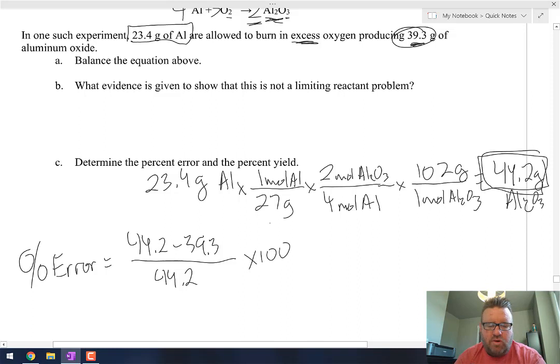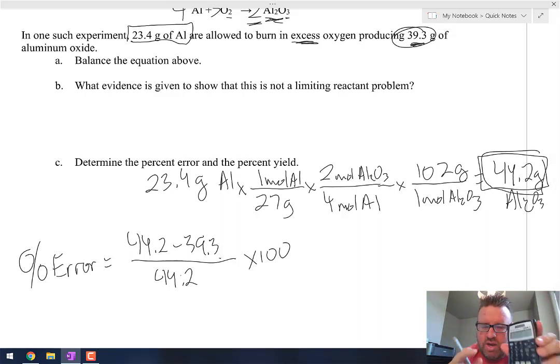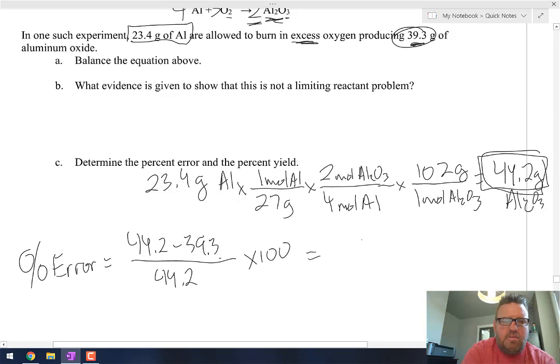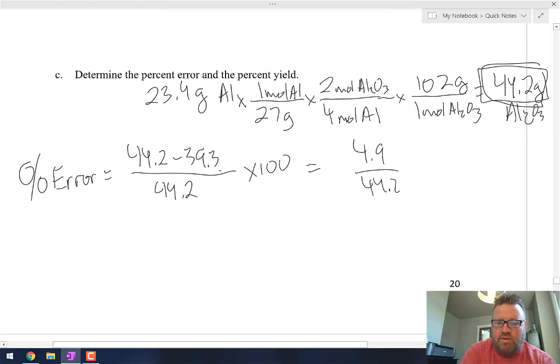So I'm going to take 44.2 and subtract 39.3, and then on my calculator I'm going to hit equals. Because think about what your calculator does. If you just automatically hit divide, it's going to take 39.3 and divide 44.2 before it subtracts. Your calculator follows the order of operations, so you need that top number to be completed. You need that 4.9 on the top. And now we divide by 44.2 and then multiply by 100, which gives us a percent error of just over 11%,